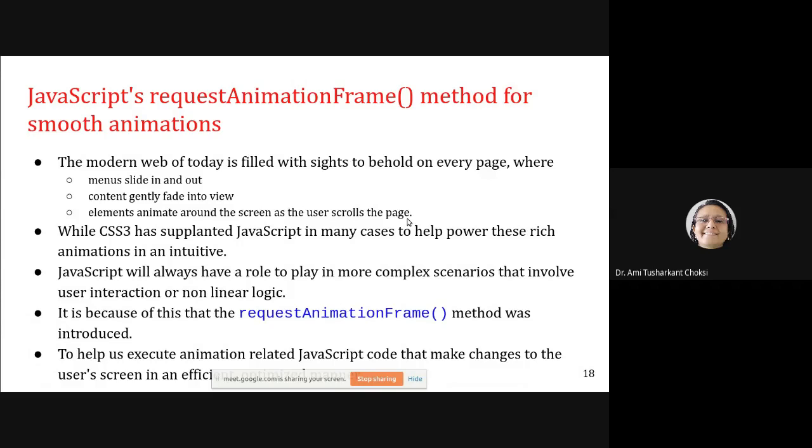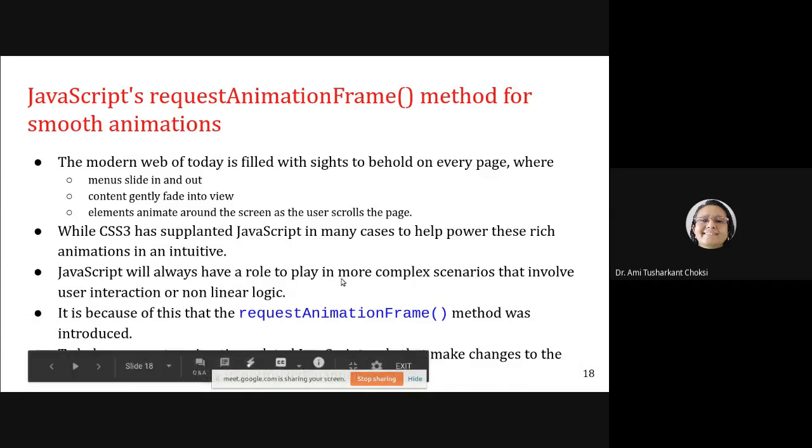While CSS3 has supplanted JavaScript in many cases to help power this, rich animations can be powerful and intuitive. JavaScript will have a role to play in more complex scenarios that involve user interaction or nonlinear logic.